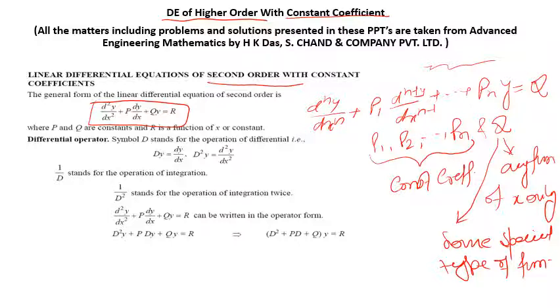Let us denote Dy = dy/dx. It means that capital D denotes the derivative operator d/dx. D stands for differentiation and 1/D stands for integration. D squared is the double derivative, 1/D squared is the double integration, and so on. If Dy can be written as dy/dx, then D squared y can be written as d2y/dx2. Then this differential equation is converted into this form